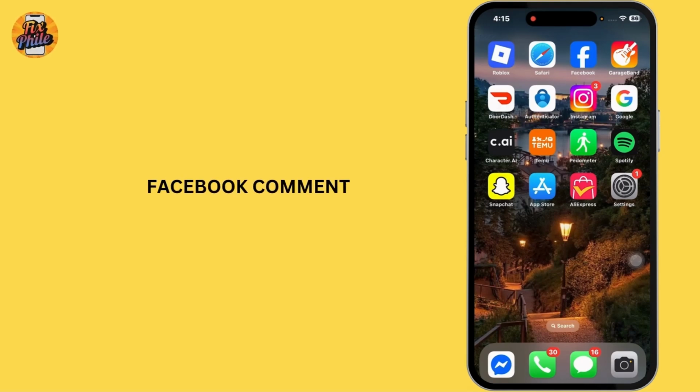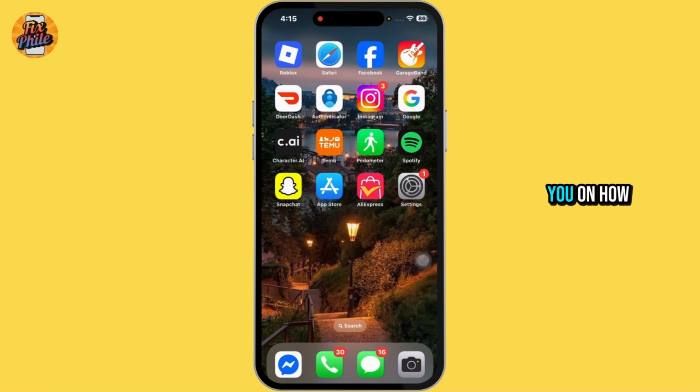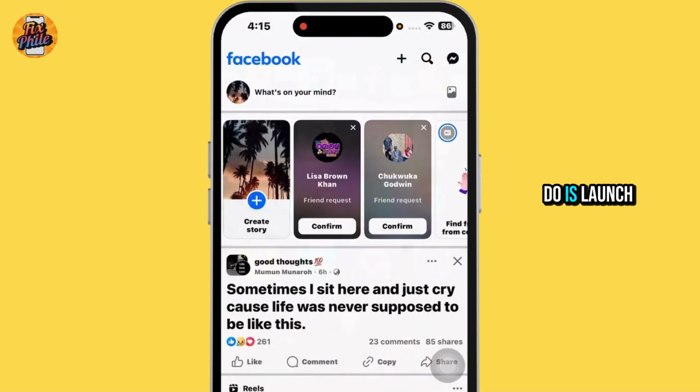How to fix Facebook comment sorting reset. In this video, I will guide you on how to fix comment sorting reset. The first thing you want to do is open the Facebook app on your device and make sure to